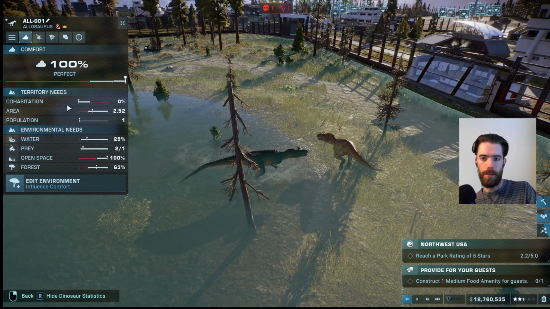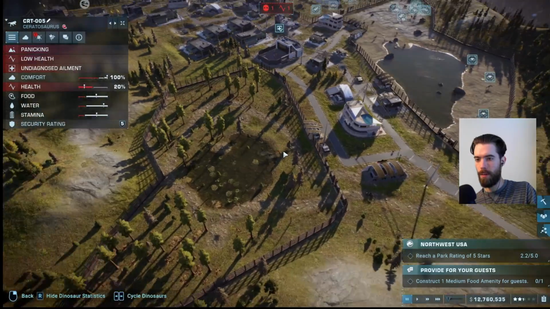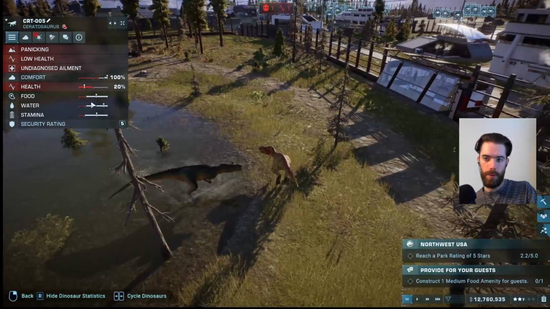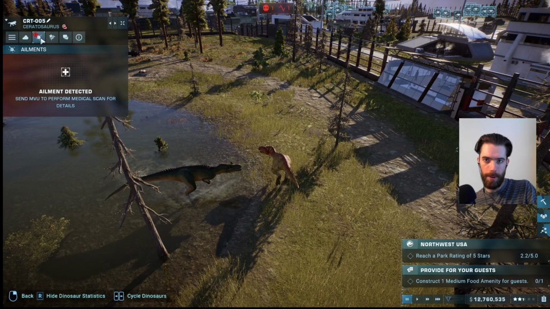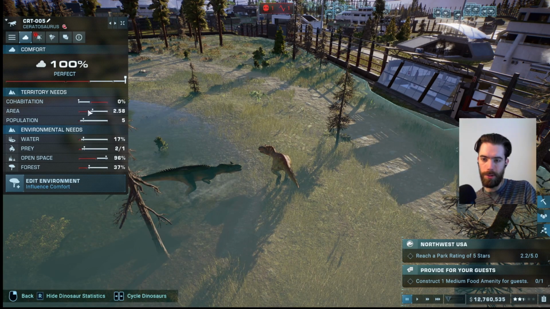He's pretty happy. Cohabitation is fine because he doesn't mind living with these other guys. Now, the little guy here who just got driven off: low health, fine on food, fine on water, fine on stamina. He got injured from the fight, but he also has no cohabitation issues. So, why do they want to fight with each other? This is very frustrating and is not making me look forward to trying to introduce the Suchomimus into the baryonyx